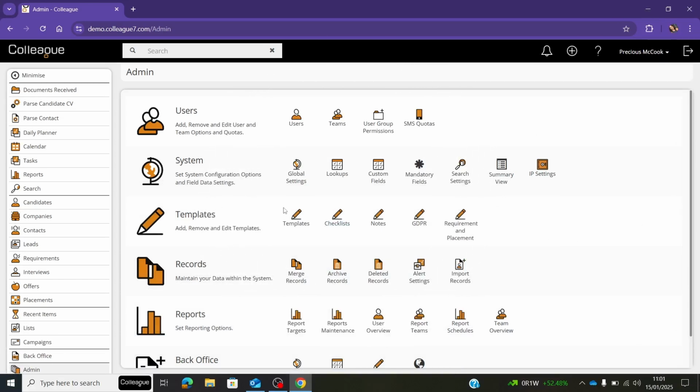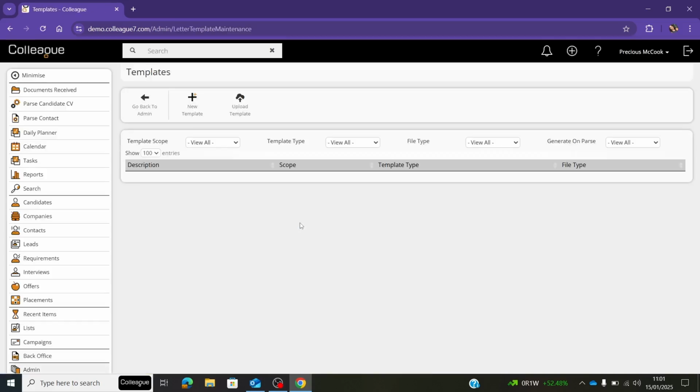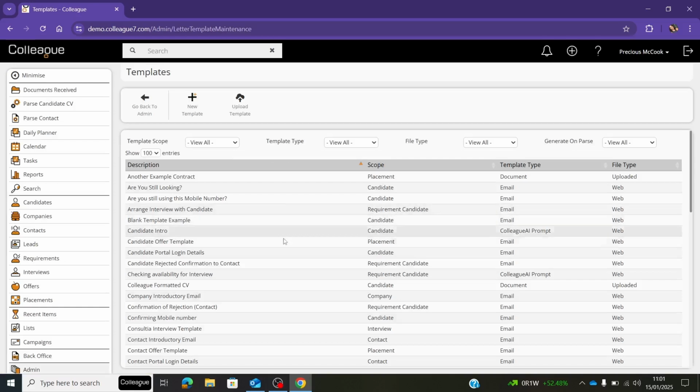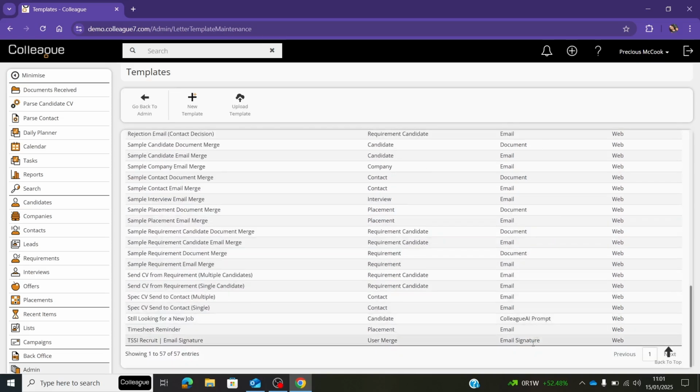Video, I'll be demonstrating templates, which is the option within the admin section of Colleague. If you select this, it will take you through to a list of all the templates that have already been created, and in this list you'll have a mixture of document, email, and you'll also have email signatures and things